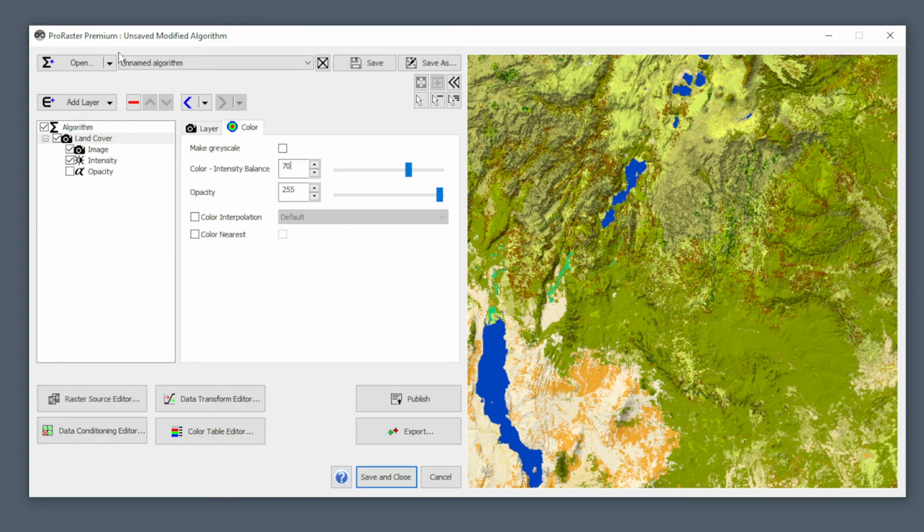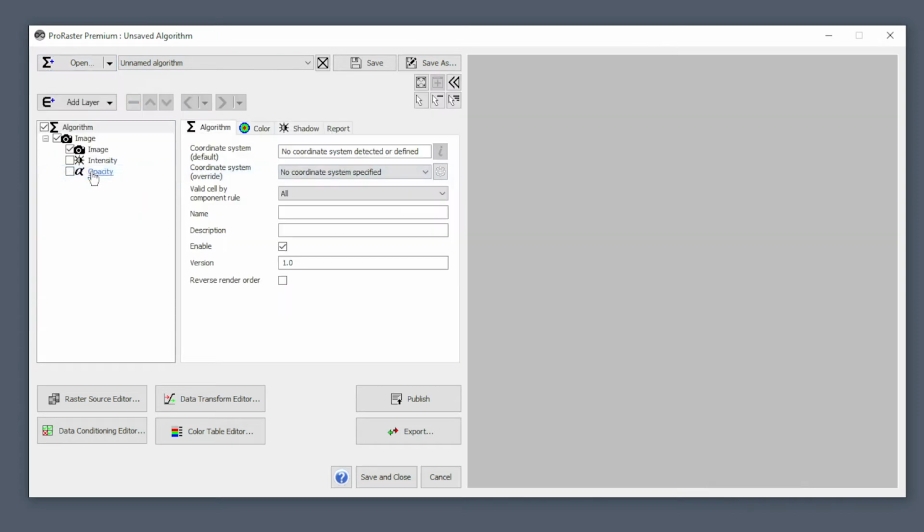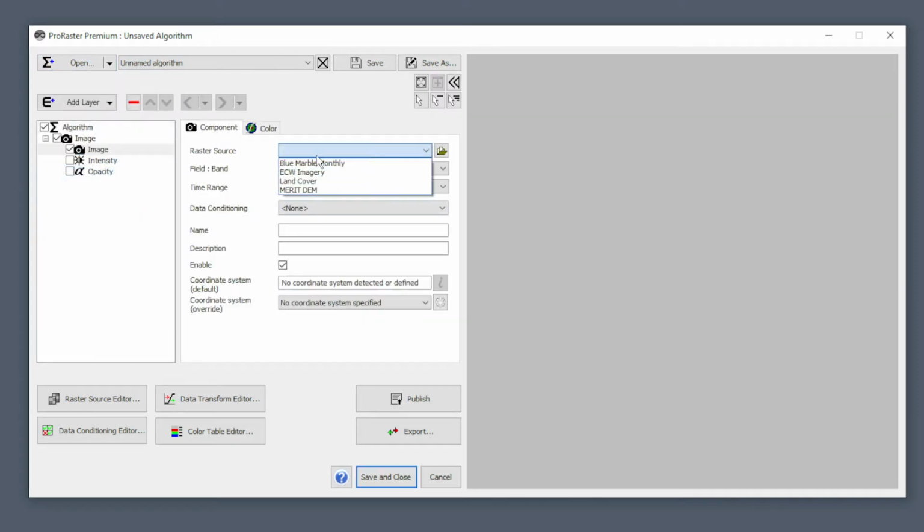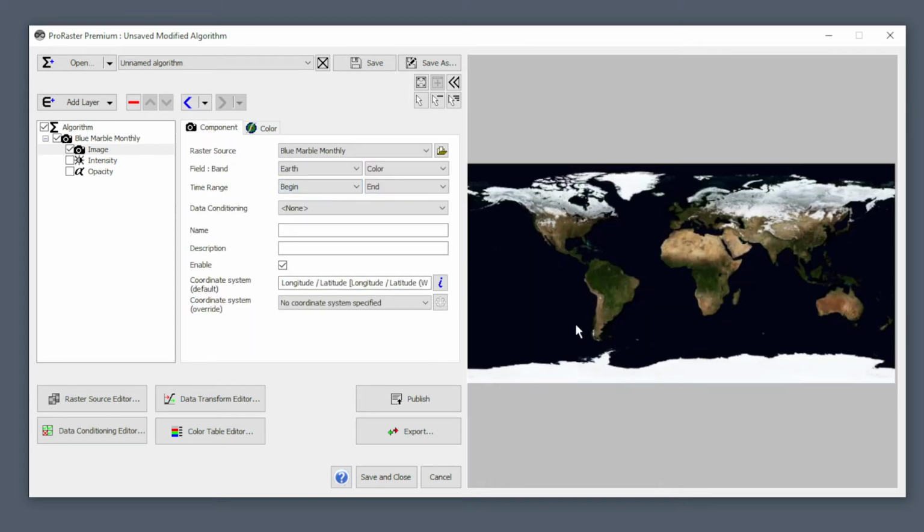Okay, so let's create a new image algorithm. This time I'm going to choose some global imagery. This is Blue Marble Global Imagery. And I just want to show you the time range control. In this particular raster, there are 12 time events, 12 complete copies of the raster, in fact. So if we select progressively different events,